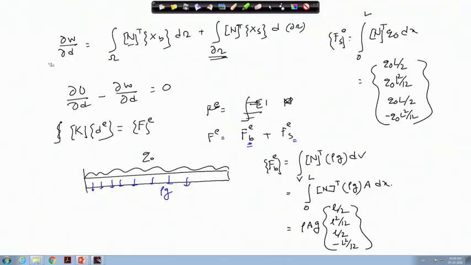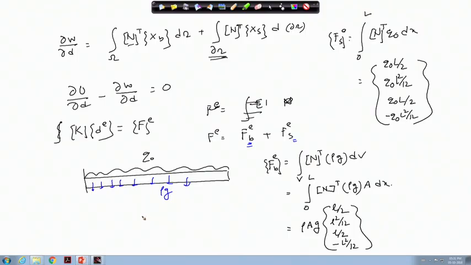Just by this expression, the entire thing, minimization of potential energy will give us both the stiffness term as well as the force term. Okay. So, then in this case, what will be the total force? The total force Fe will be this term plus this term. Okay. Now, for a given element, we already have the stiffness part and we also have